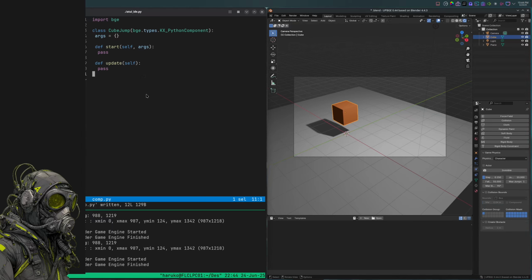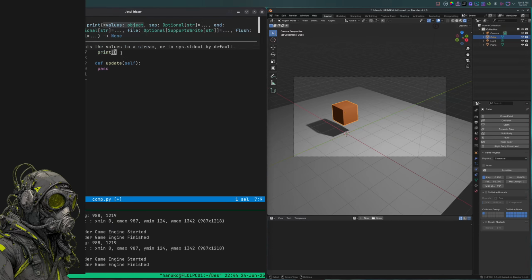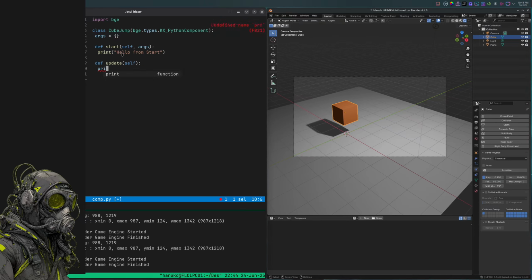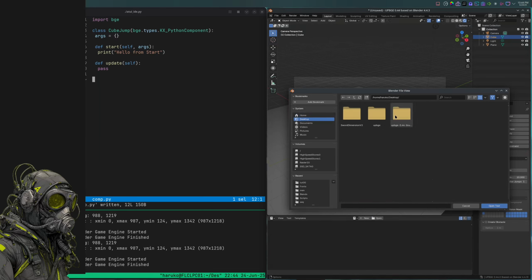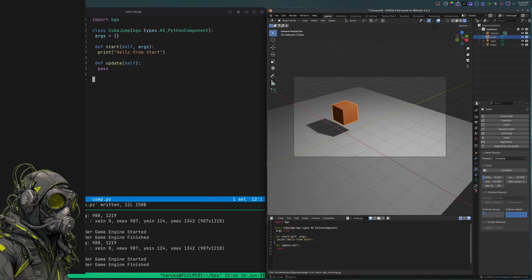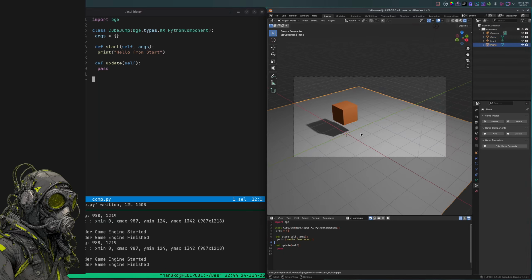And then we're going to save it. Now to show you how start works, we're going to go ahead and just print to the console. And we'll say hello from start. And then we'll go ahead and do a pass for now. We'll save it. Then over here, we're going to load the script. And if we press play,